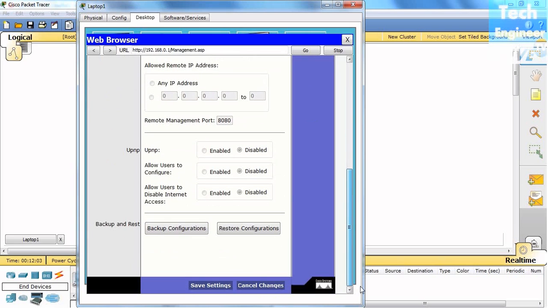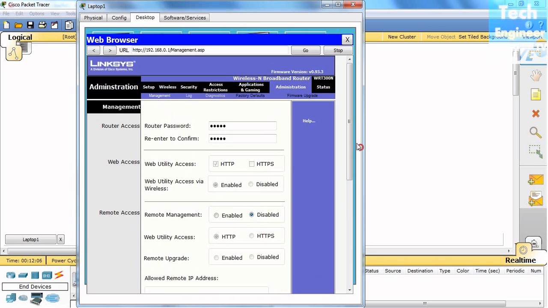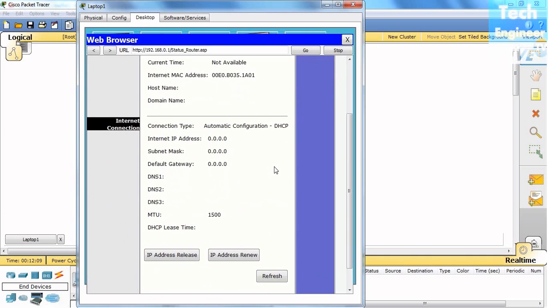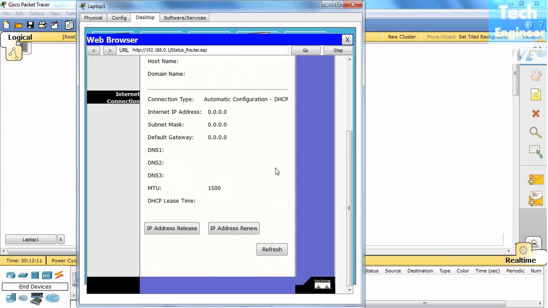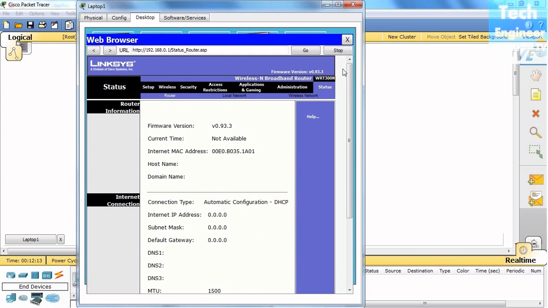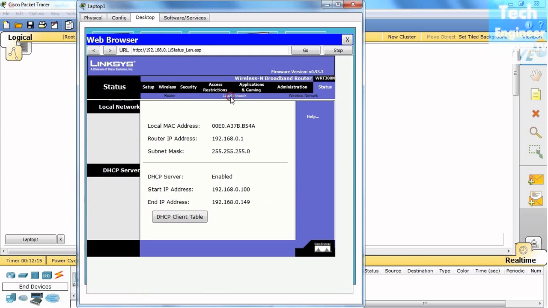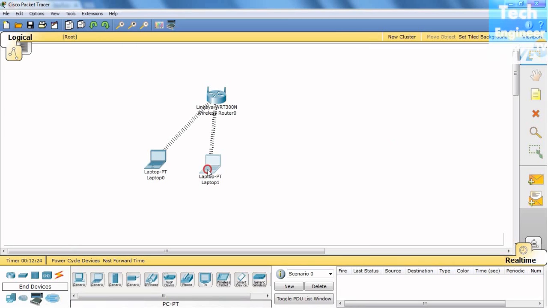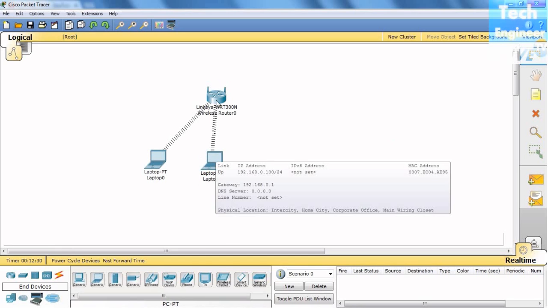A lot of things are available there. Status will provide you the whole information about the network, about the router, then the local network, this is the range, and the wireless network. Basically we configure the router from a PC, but you can configure the router from